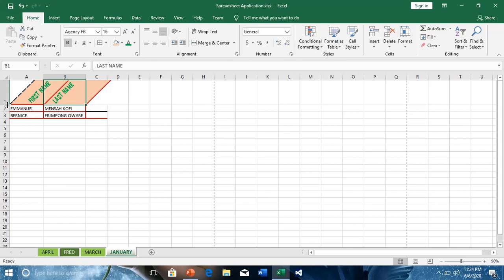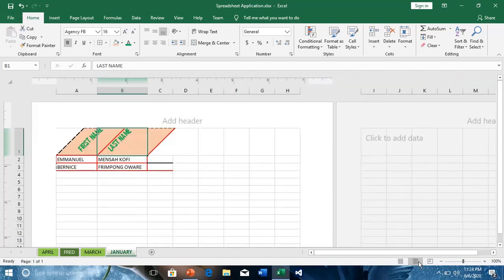Alright, the next thing that you look at is the page of the sheet, how the page appears. So let's look at it. You have the normal view, the page layout view, and the page break preview. So for you to look at how it is, you click on it and you see this is the page